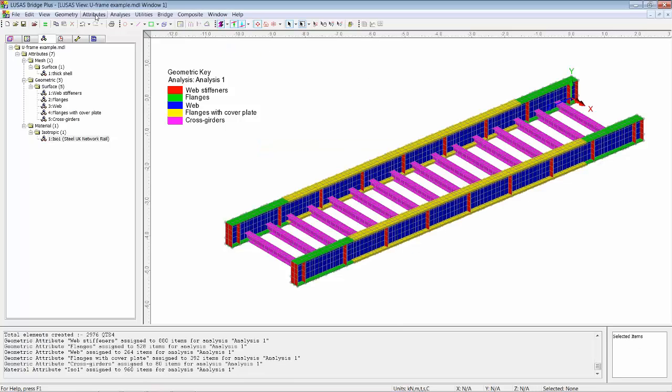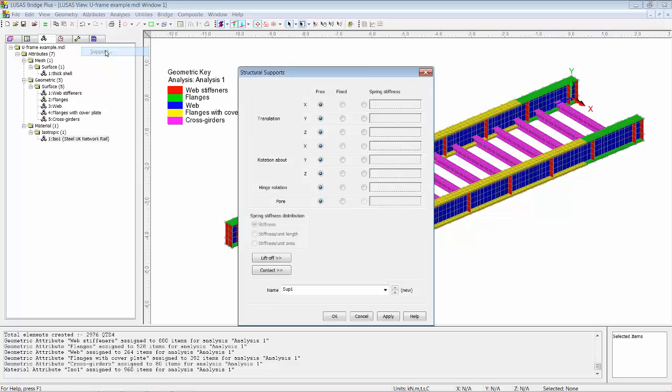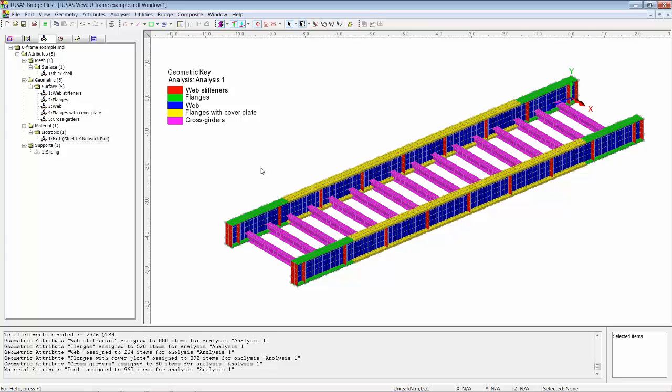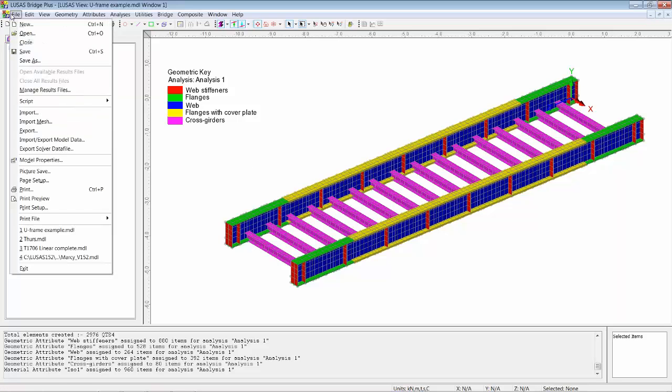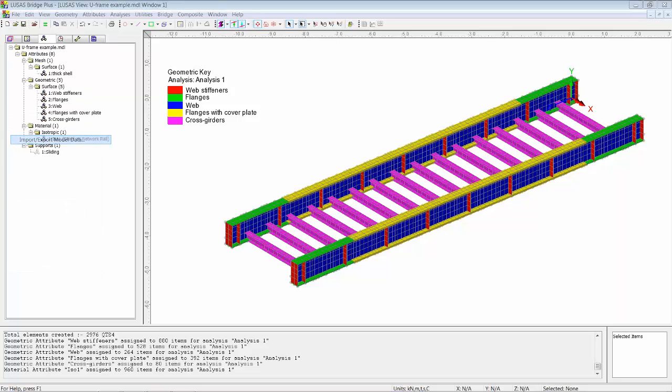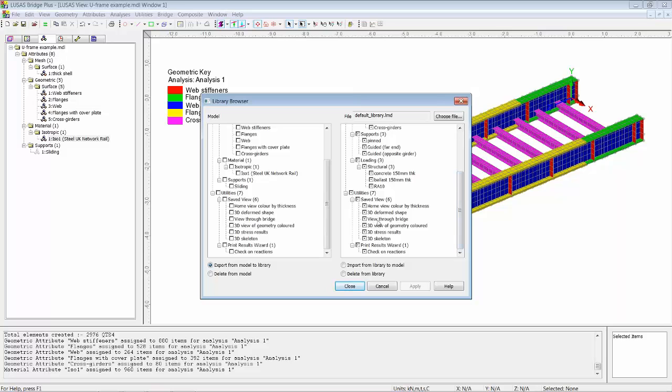Again, working my way down the attributes menu to the supports, I would choose to have sliding support maybe. Let's put this as a sliding bearing. When I OK that, again, the attribute appears over here. Now, obviously, I would need fixed bearing, pin bearing, various different support conditions might be appropriate for your model or for this model. I'm going to import some more support